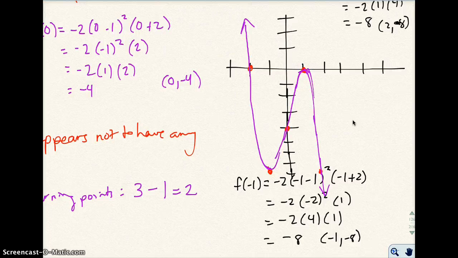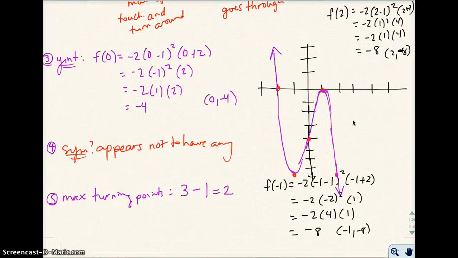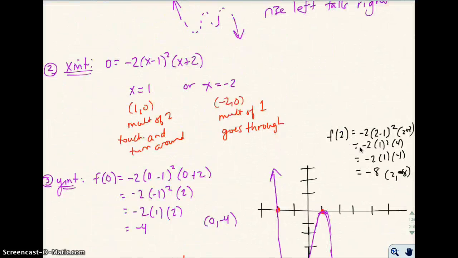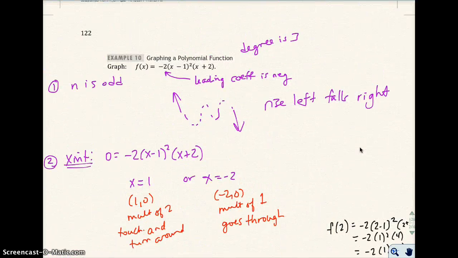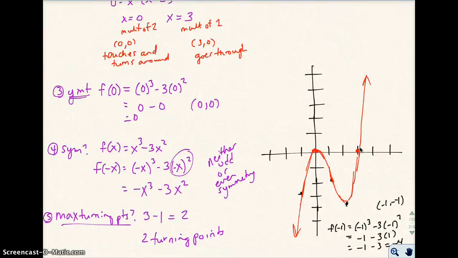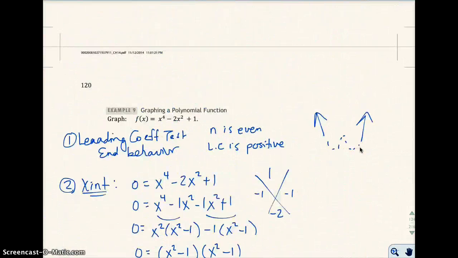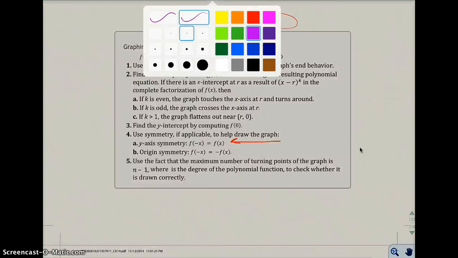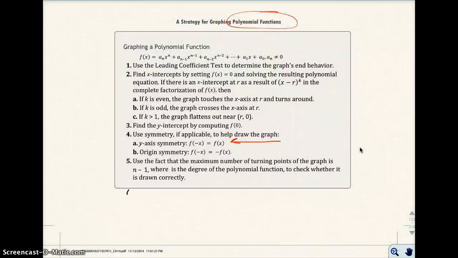Okay. So there's that graph right there. And again, if you follow these 5 steps, and then maybe if you need to do a couple extra points, you're going to have a more accurate graph. So before I move on further, let's go back to the strategies for graphing a polynomial function. There are 5 steps, but really I like to tell my students that there's really 6 steps. So I'll give you the 6th step when you take your exam. You want to go ahead and find other points on the graph